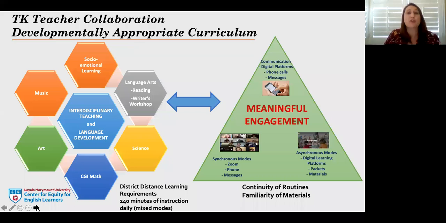So we decided as a team the first 2 weeks we were going to be connecting with families via telephone to see what they were, how they were going to be able to support us in this distance learning. A lot of our families didn't have technology available, so we wanted to ensure that the children would continue learning, and we wanted to know how best to do that. So we took the first 2 weeks to assess what they had at home,